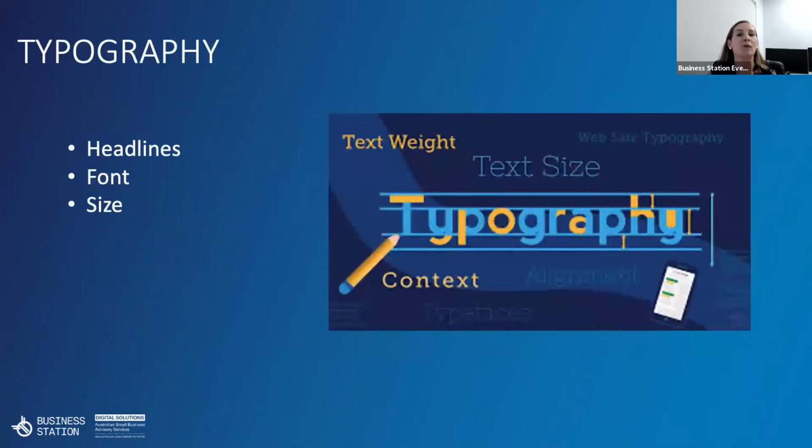Now, when we talk about fonts, we talk about the overall text on your site. We talk about headlines, obviously fonts and the size. So with your headlines, making sure that they're consistent in size and you've got the sizing right. And also your font, making sure that they're readable and appropriate to your target market. And then the size of your headline, the size of your paragraph is really important, and making sure that the text is all legible, but also making sure that there's not big blocks of text or too much text, I think is the key thing.